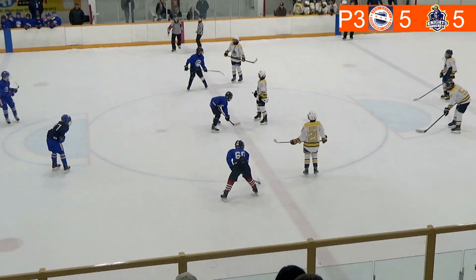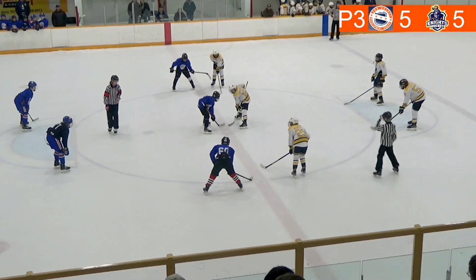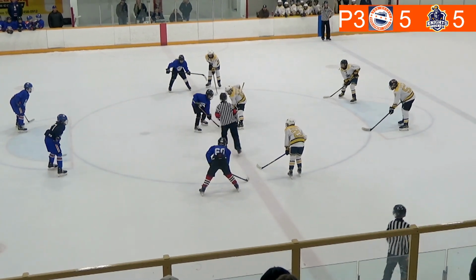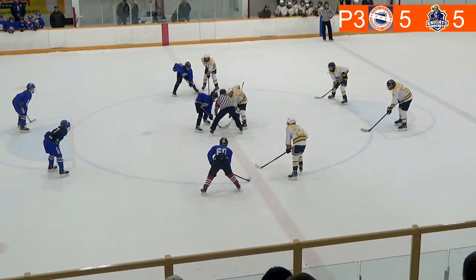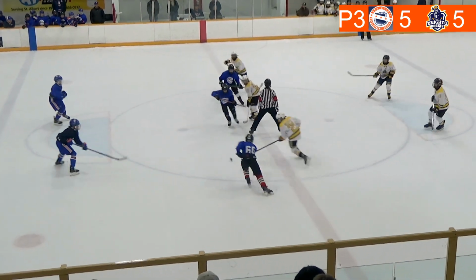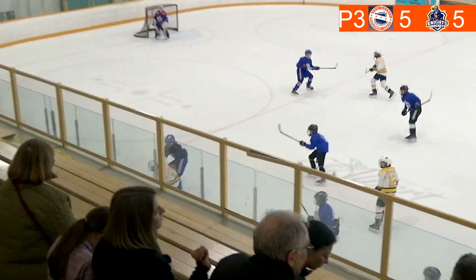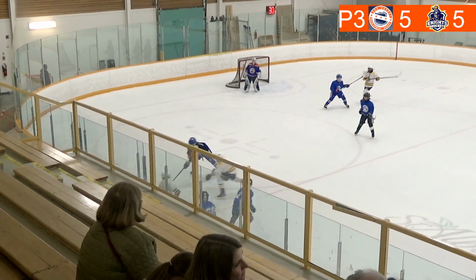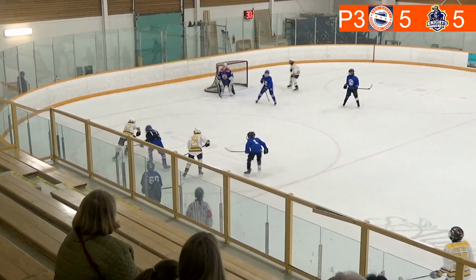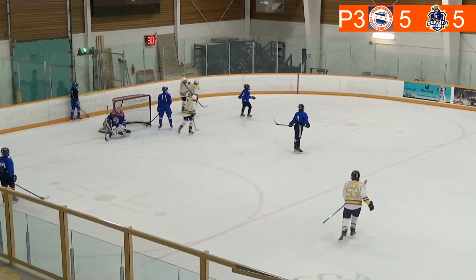It's 2-on-1 coming back the other way. The right winger slides it over across the ice. And the Knights player banks it off the inside pad of Owen. And we have a tie game. Knights win that. They got some jump in this step coming up. And they keep it in the Alberta Pro zone. Here comes number 12, short side. And they go 5-on the